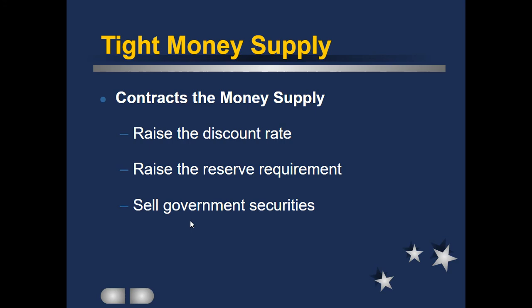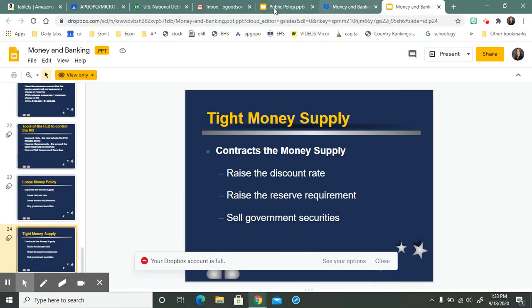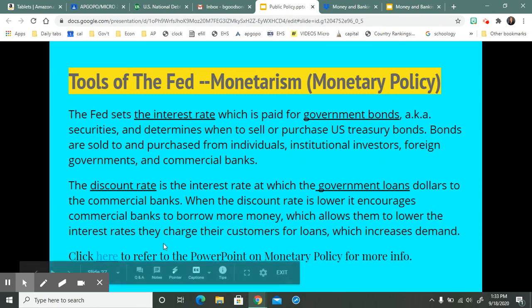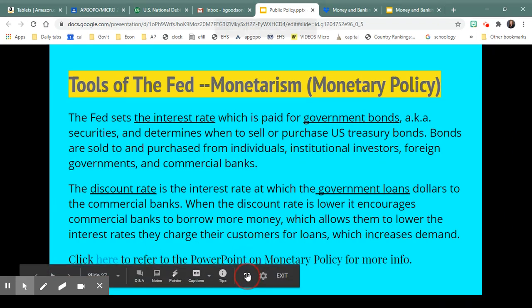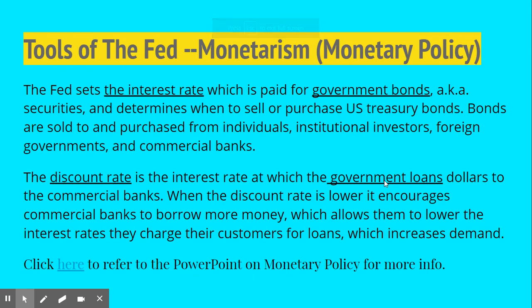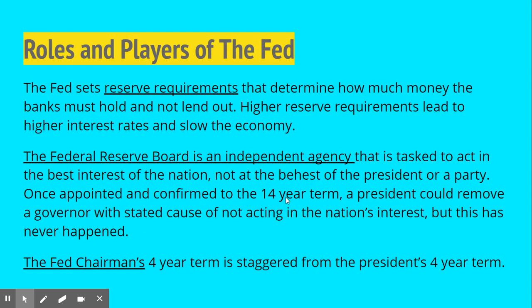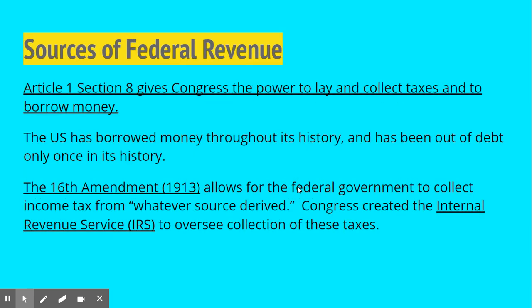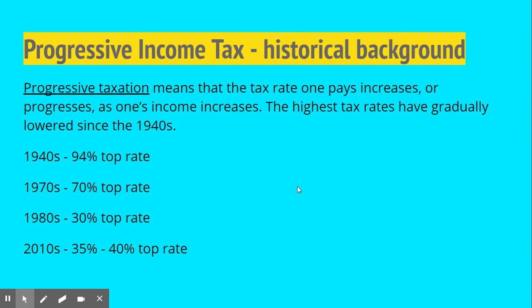Okay, so that's monetary policy versus the taxing and spending that we just talked about. And like I said, we'll get more involved in that when we get into economics, so you'll understand all that a little bit better. That was just a quick way to show you the difference between monetary and taxing and spending. So that's monetary and fiscal. Read through all of that again.